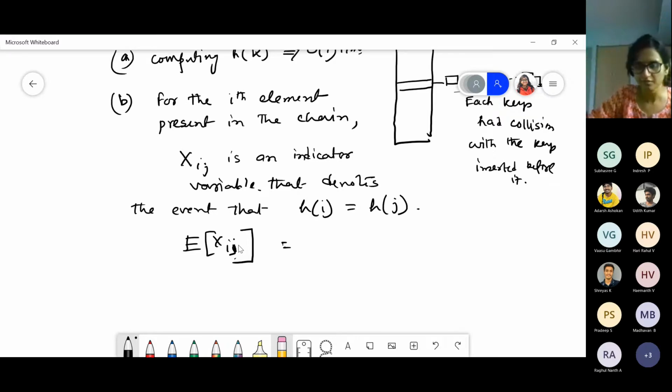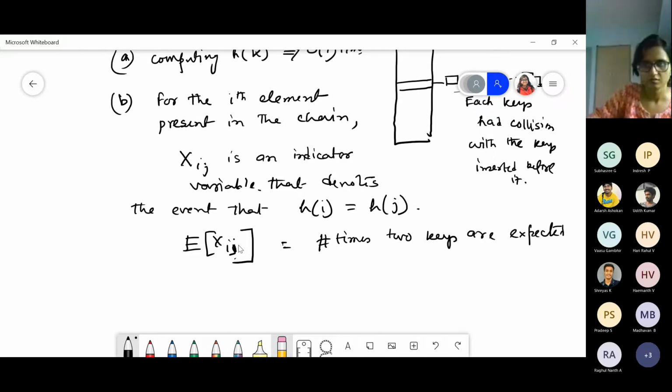This is the number of times two keys are expected to map to the same slot. Is it n by m?